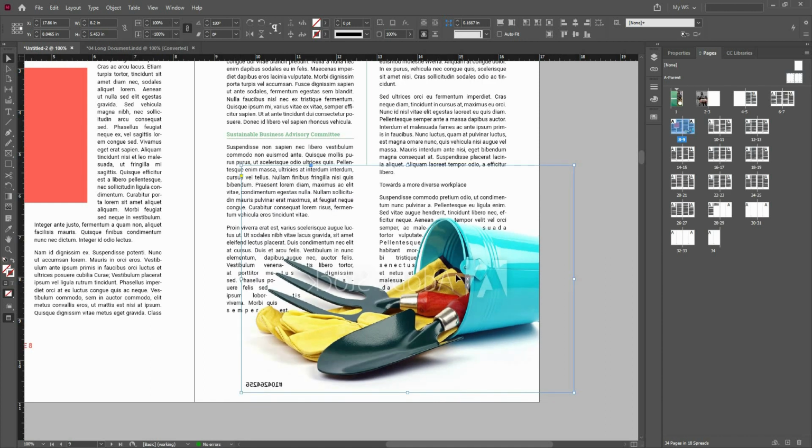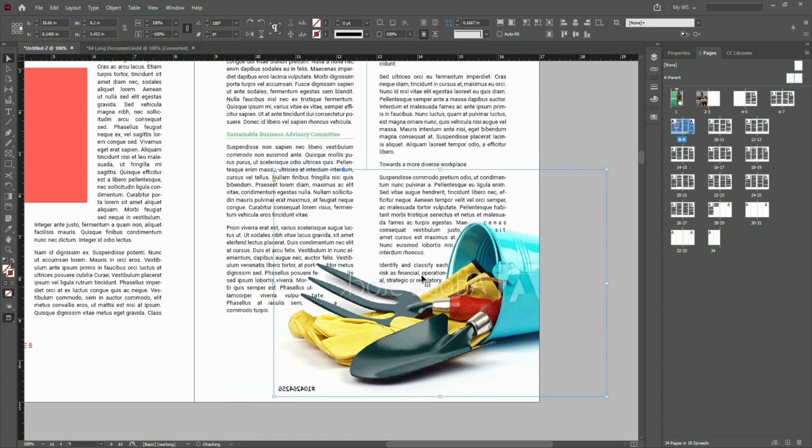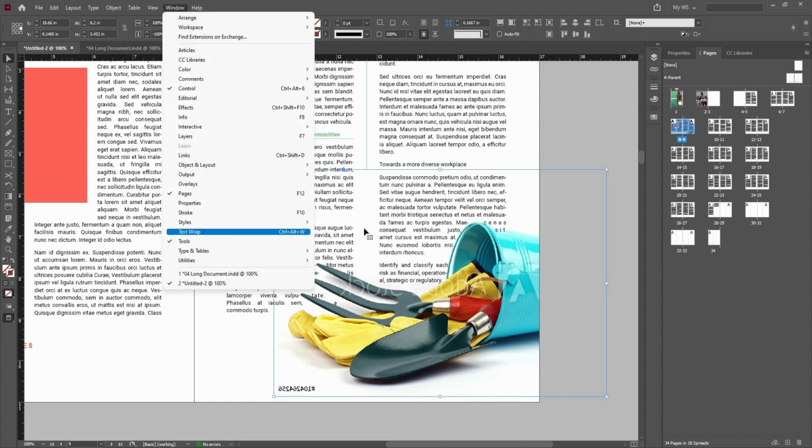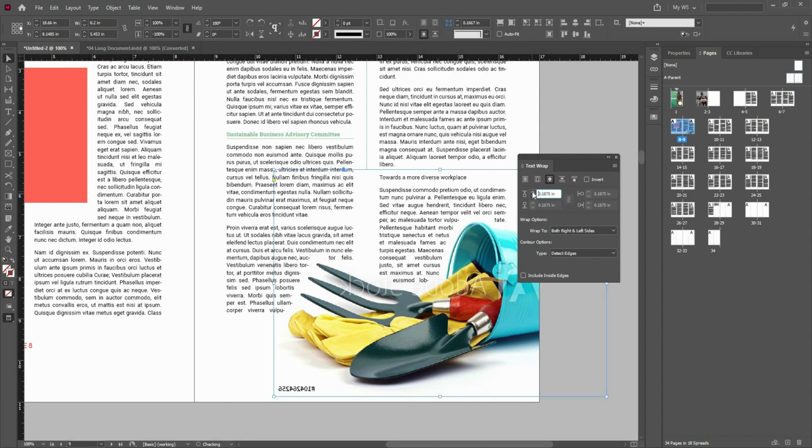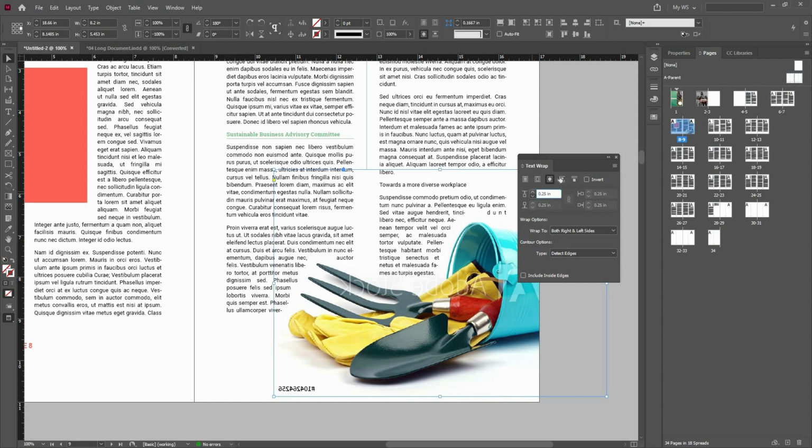So that's there, but we want a little spacing here as well. So I'm going to go back to my wrap option and increase the spacing a little bit. Yeah, that kind of works. Okay, so